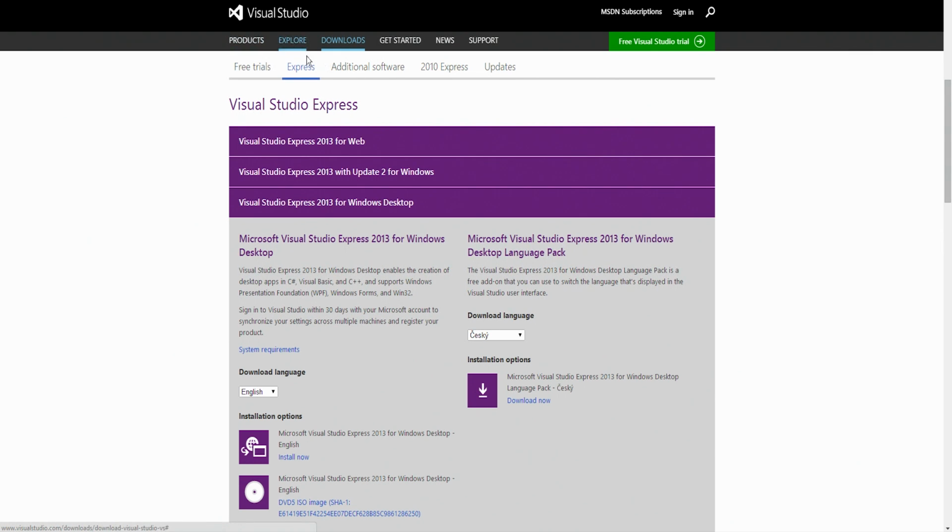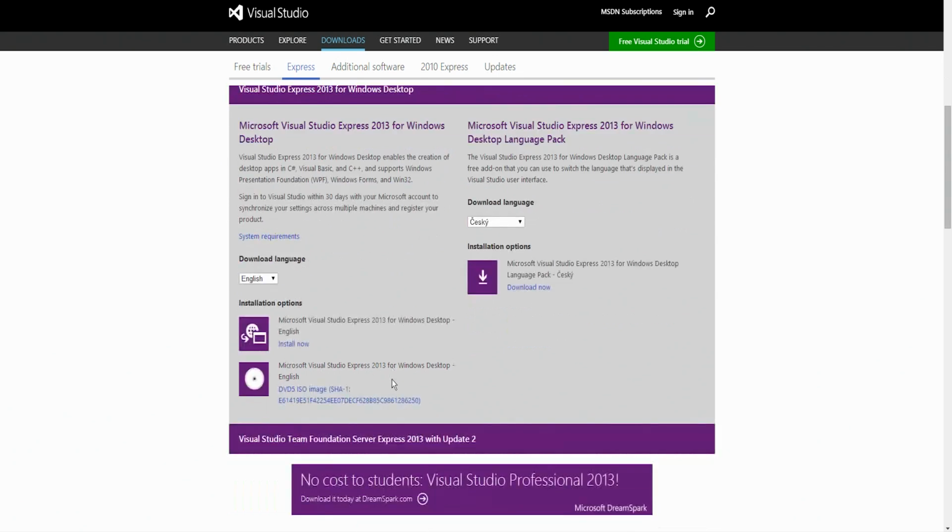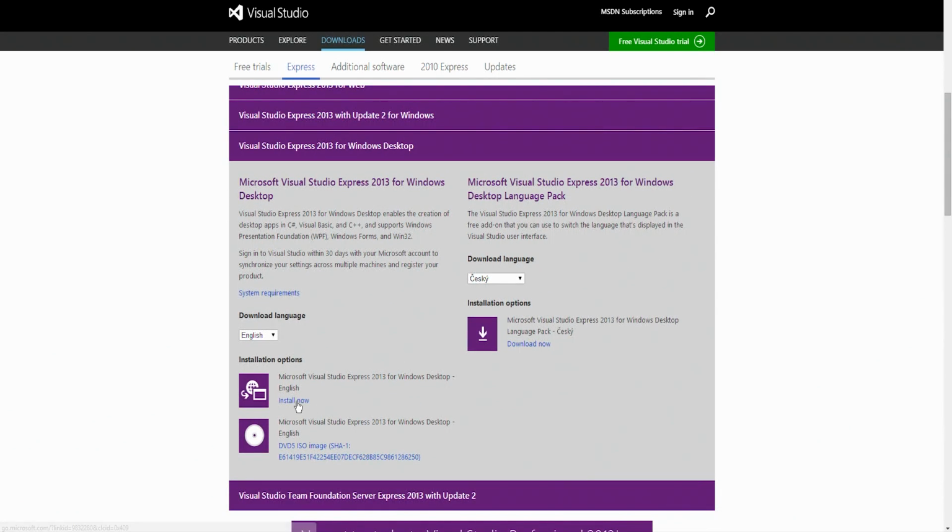So what you're going to do to install Visual Studio is go to www.visualstudio.com. And then you're going to click on the downloads here, and then click on Visual Studio Express 2013. It is free. And then you're going to do install now right here after you select your language, which is most likely English. Then go through the installation process, and then we're going to jump into